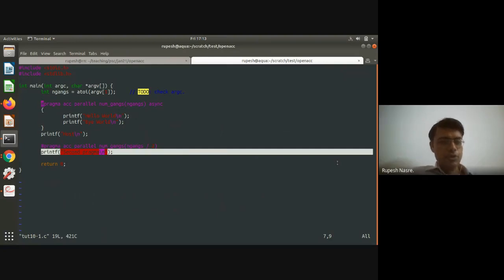But there exist situations where, not in the parallel part but in the kernels part, the compiler is going to decide which part is going to run on the host and which on the device. So in this case, thankfully, there is no confusion. It's all deterministic who is going to execute what. But if I would have put all of this in a kernels clause instead of the pragma acc parallel, then it's not clear who is going to print what. And that's the reason why you might have seen in the lecture also, we get different outputs depending upon how the variables and the data dependencies are.